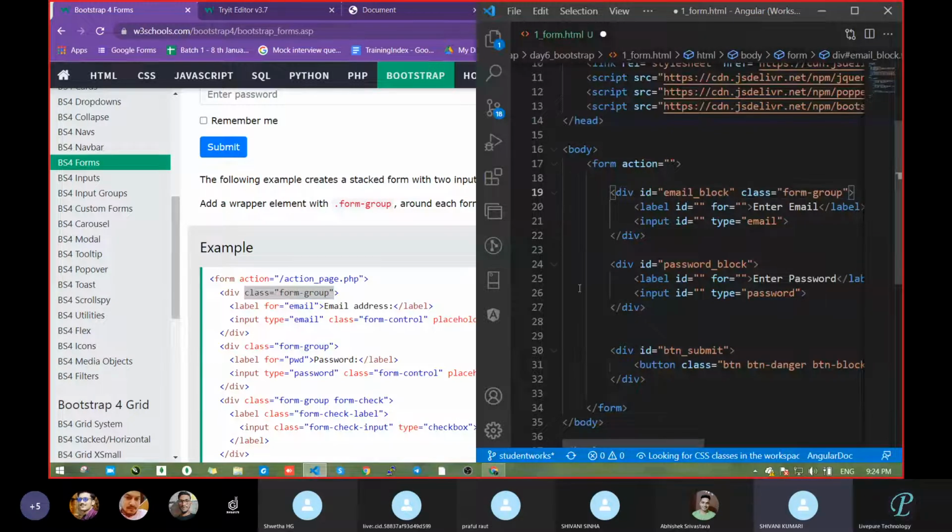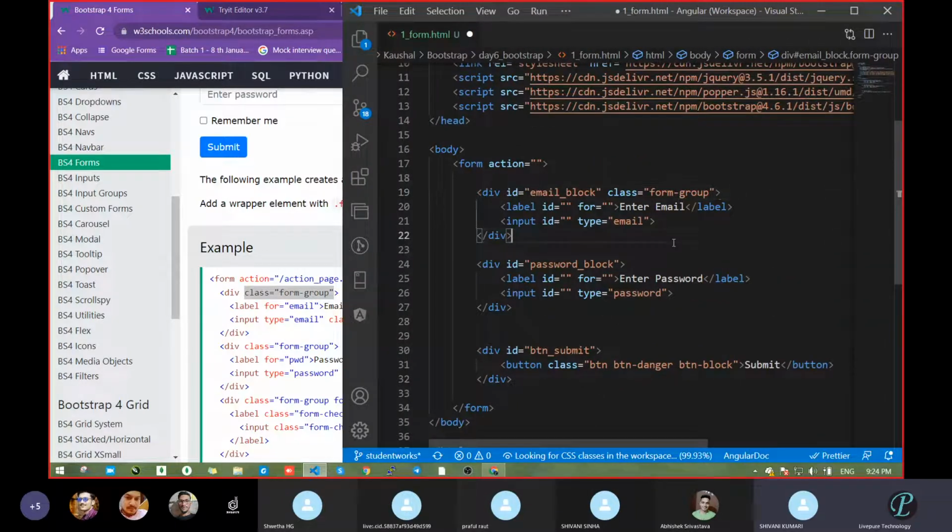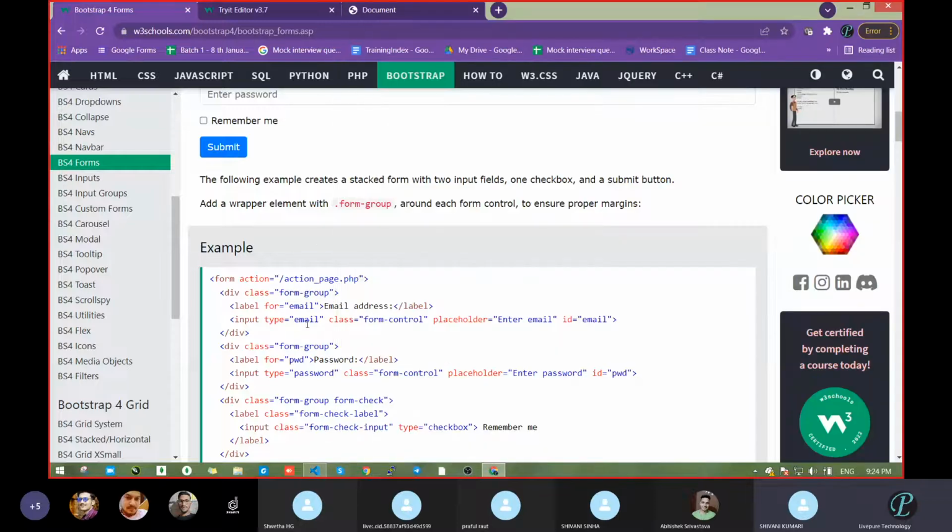Got it? So what I did, I passed that a group. So it is going to group together. So just go with another. In the label part, is anything extra? Are you getting anything extra there? No, sir. Nothing is there.